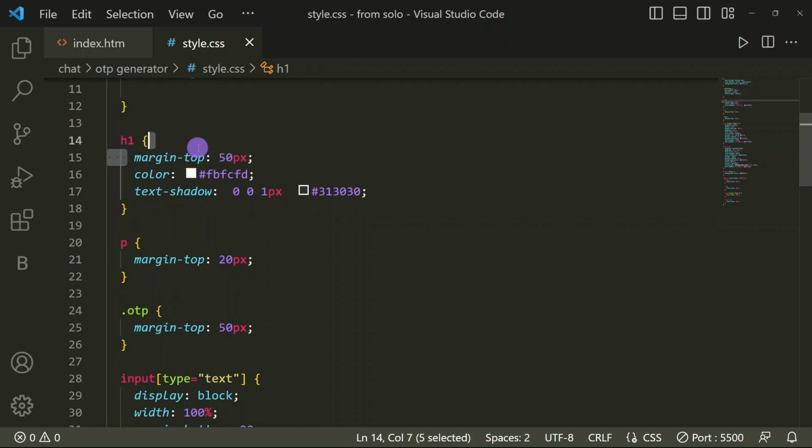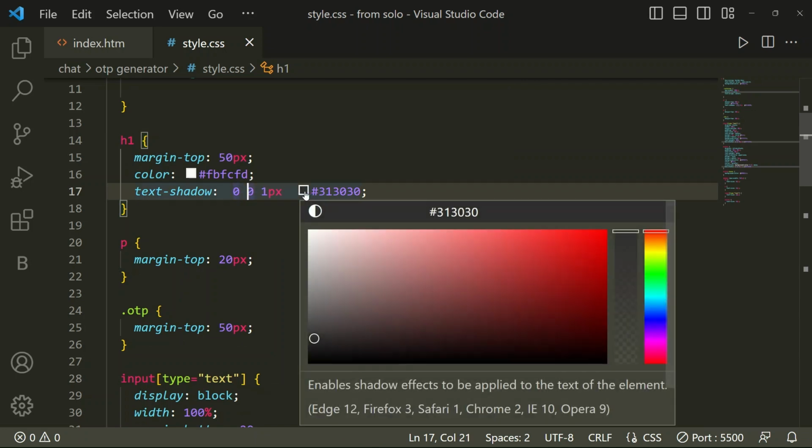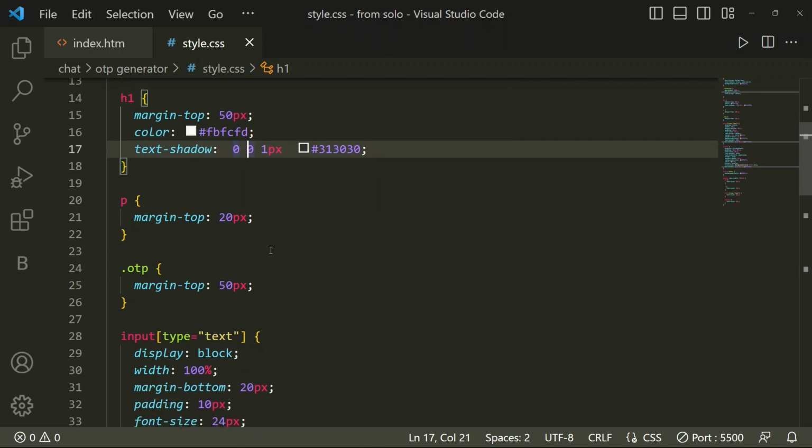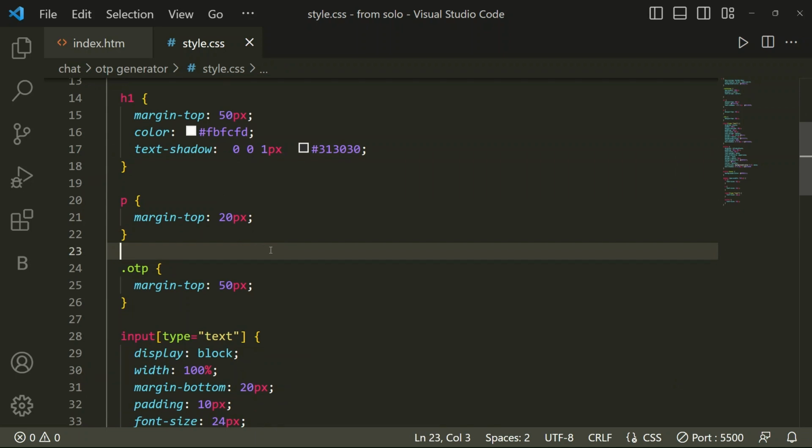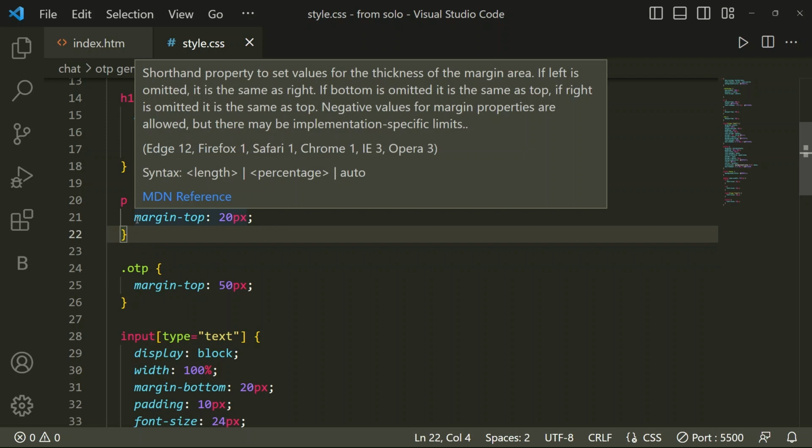In the h1 tag I have taken a margin of 50 pixels, and the color of the text should be this color code, and text shadow 0 0 and 1 pixel with this color code. You can style with different color codes, and you can add your own style